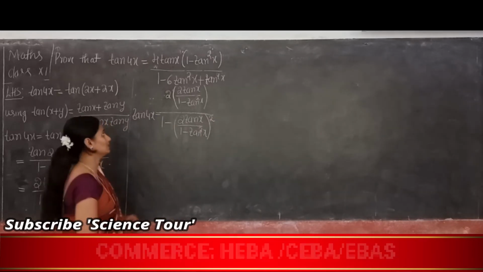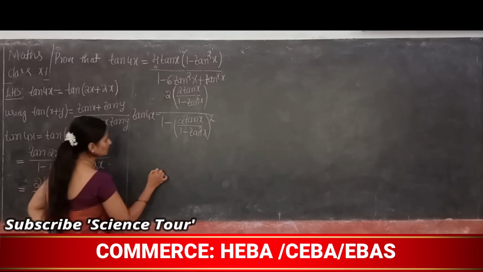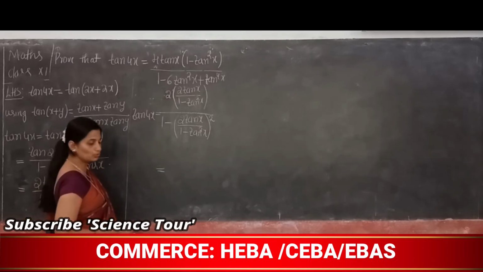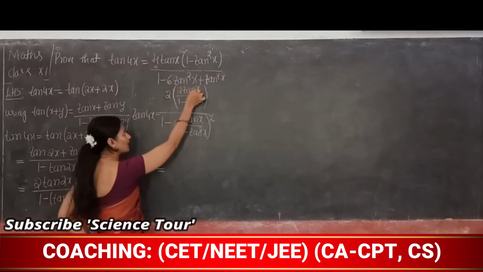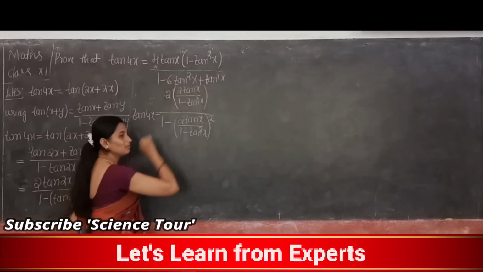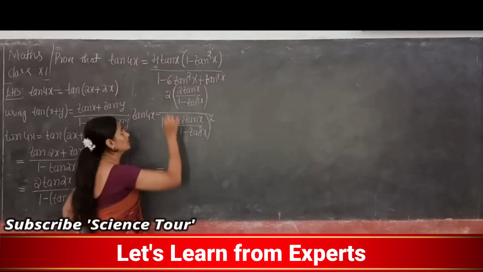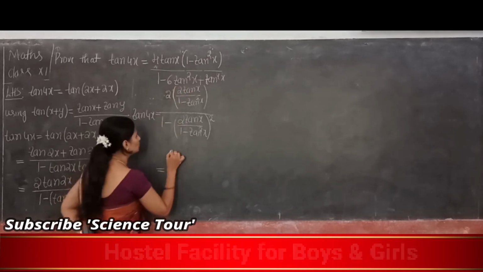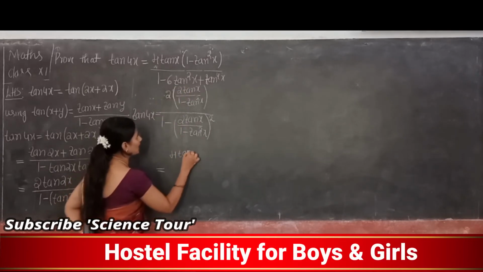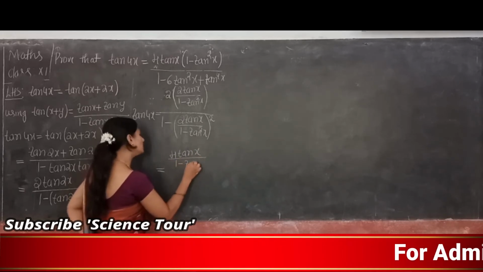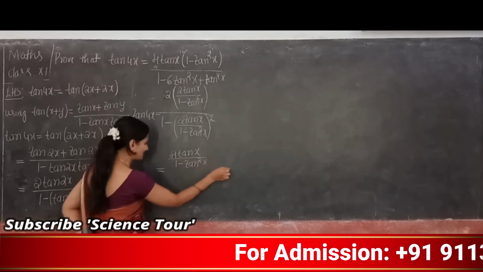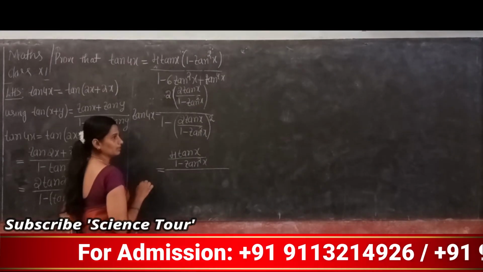Clear? Yes. Now simplification: the numerator is 2 into 2 tan x divided by 1 minus tan square x. So 2 into 2 is 4 tan x divided by 1 minus tan square x, whole divided by